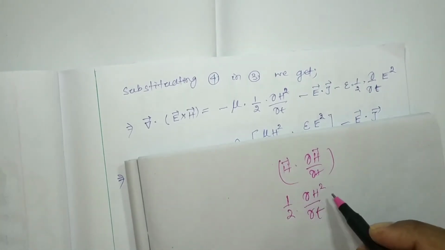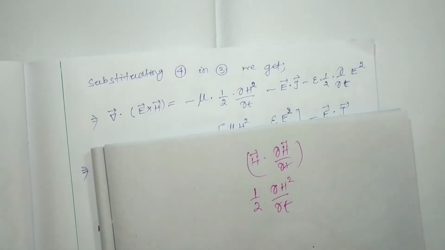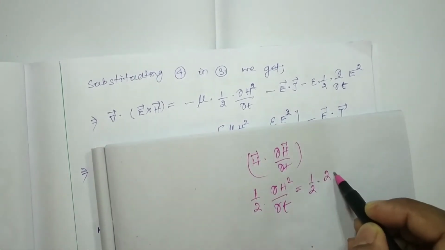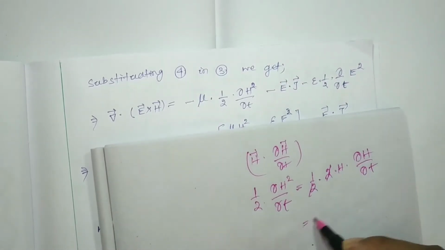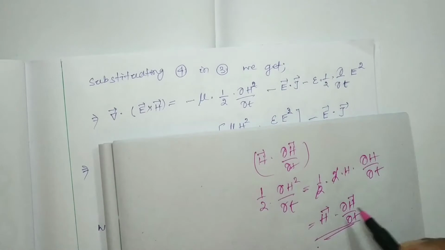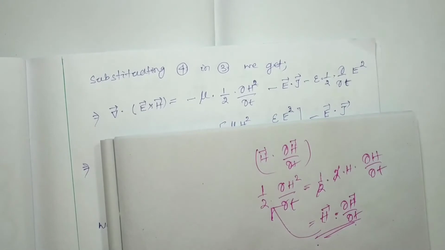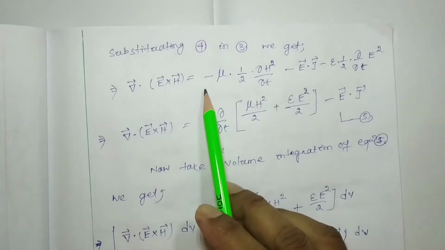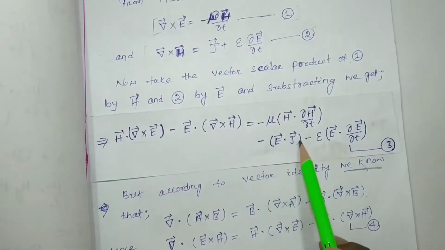If I do the derivative, it will be half into 2 into H into del H by del t. So the 2 gets cancelled, and we get H del H by del t. So instead of H dot del H by del t, we can write half del H square by del t. So this will be minus mu half del H square by del t minus E dot J minus